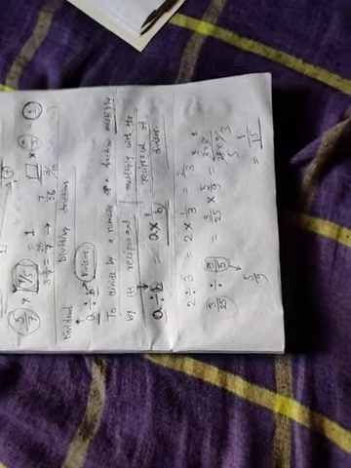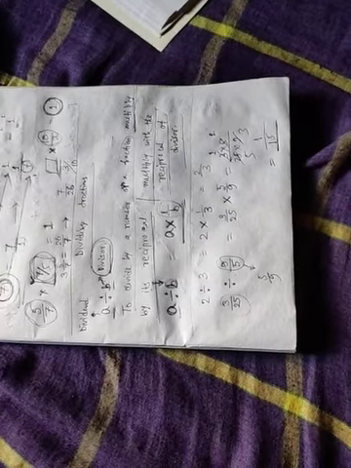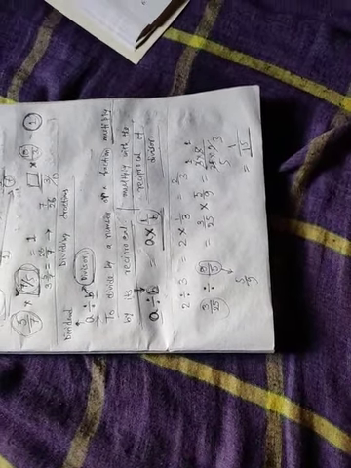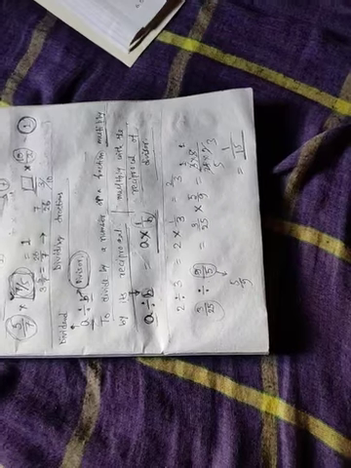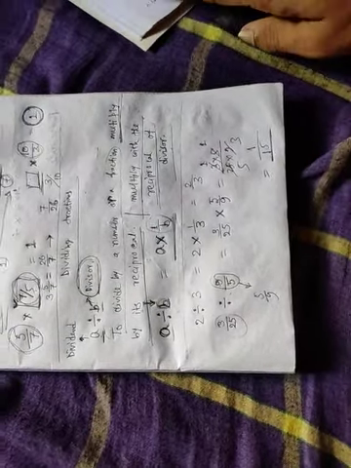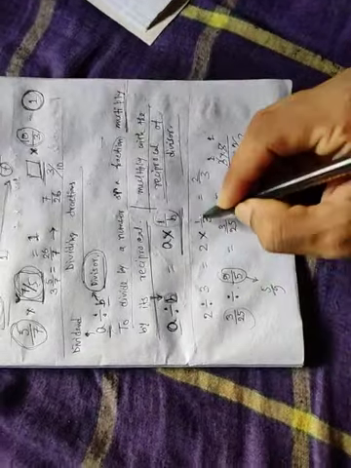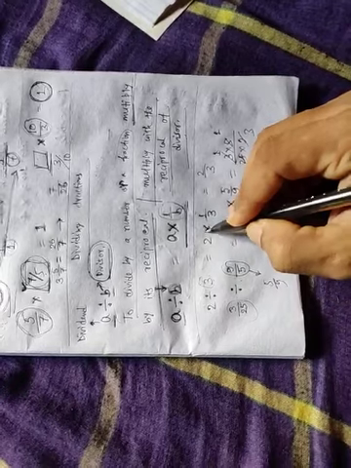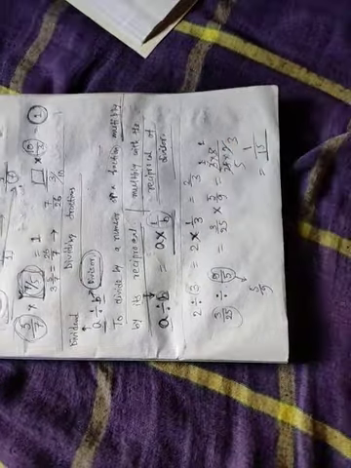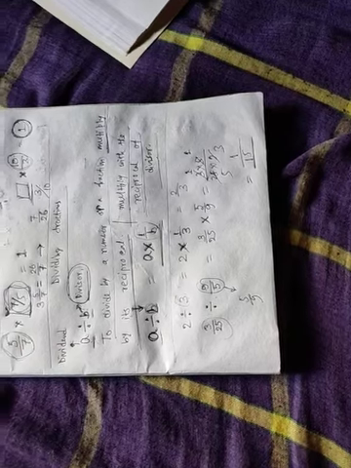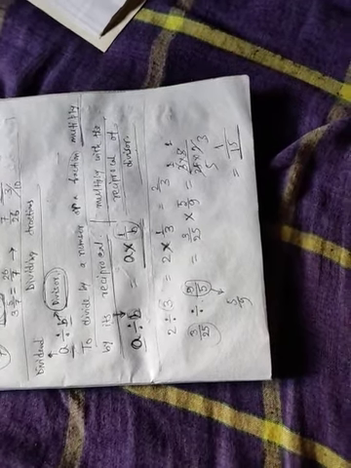So tell me, is it clear to you? So I think you can do any sums. I have also given some examples. Here you see the reciprocal of 3 is 1 upon 3, because this is an integer. So that's why I have multiplied with 1 upon 3. Is it clear? I hope you can do it.